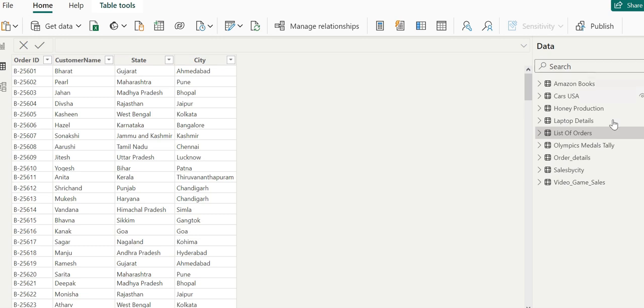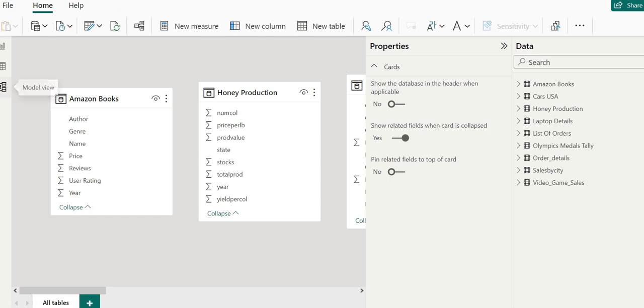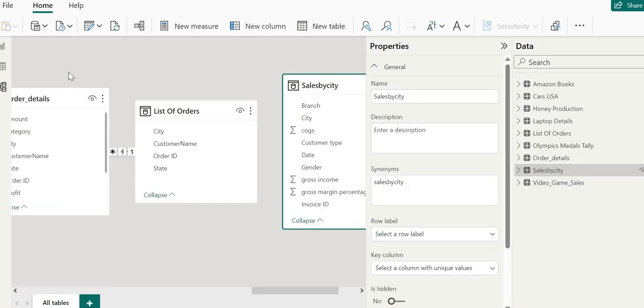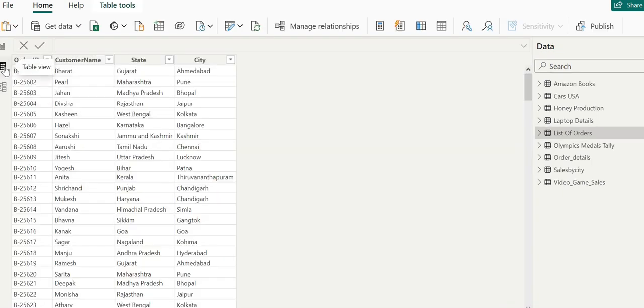This is hanging on, but if you see the sales by city, it will show the same preview. What we can do is wait for a few seconds here. So we just select sales by city and go to the table view.